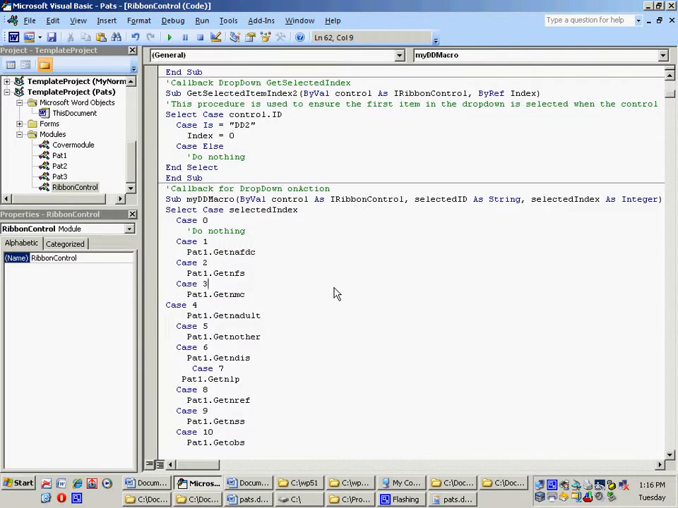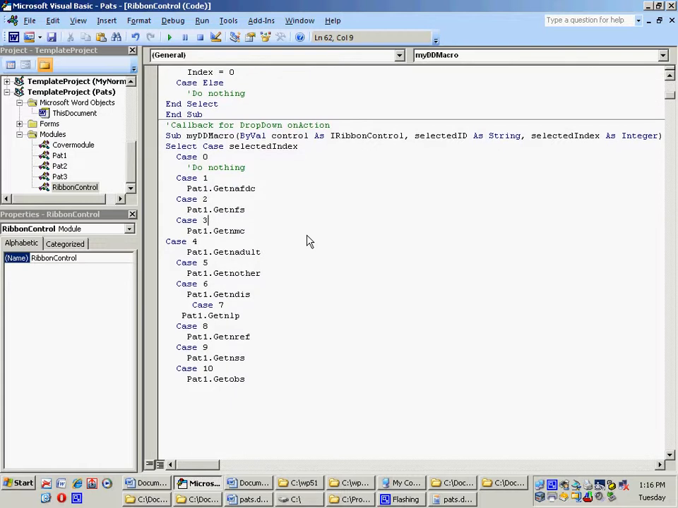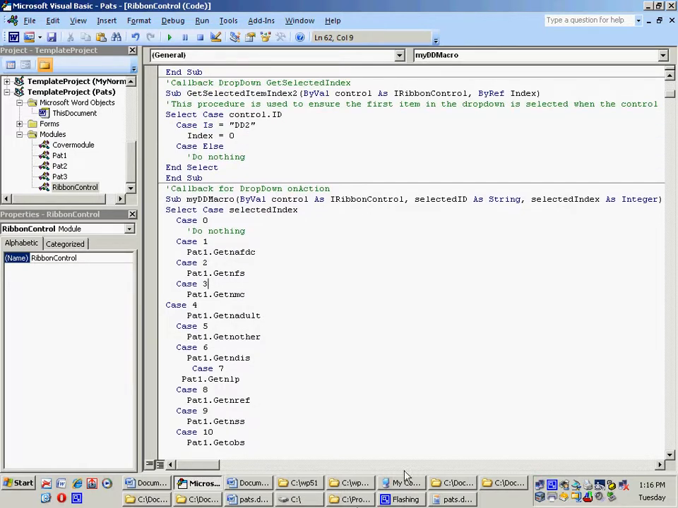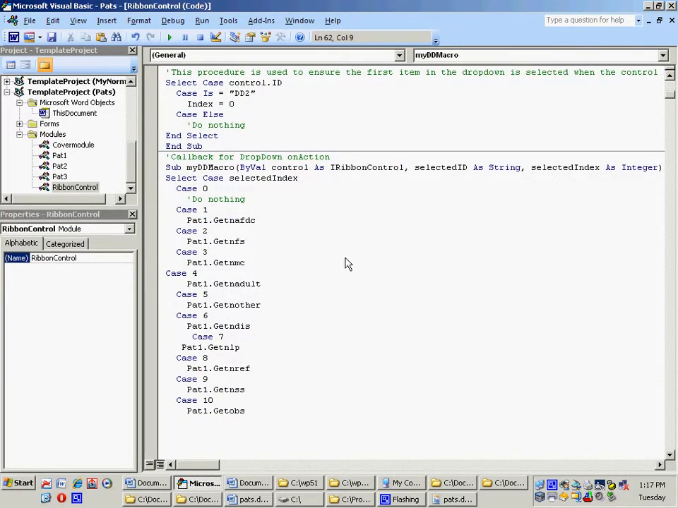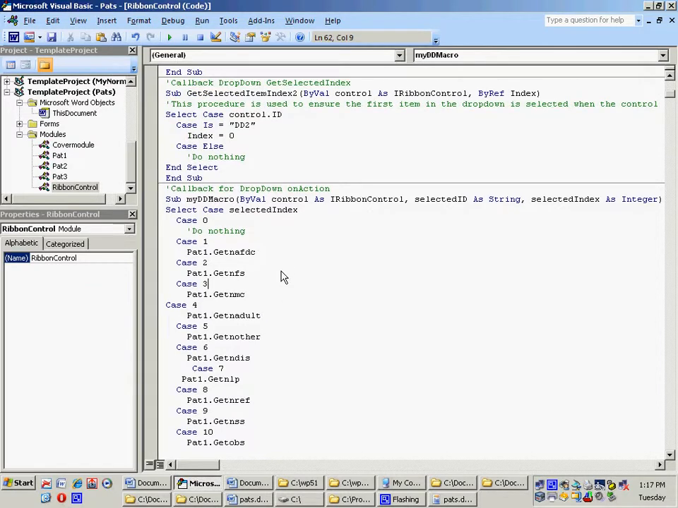So under this myDD macro, which is called by the drop down here, that just sets up the drop down list, and that drop down list you see when you run the ribbon is not actually here in this UI code. It's back where the macros are in Visual Basic. So you see the list is, what's the name of the list? The list is, actually,